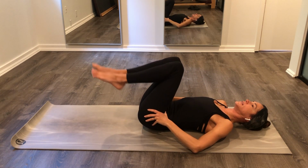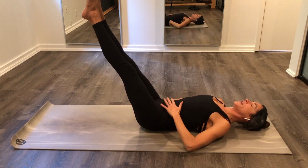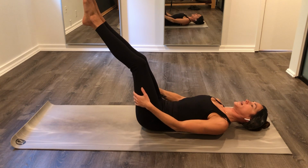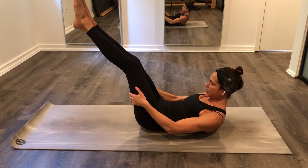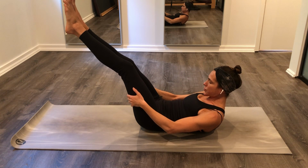So we're gonna start by extending our legs out to a 45-degree angle. If you can't keep your back down in this position, you're gonna soften a little through the knees and then you're gonna grip the backs of your thighs for support. From here, you're gonna draw your chin to your chest, look at your belly, pull it in. So it's just like those roll-ups, but now our legs are floating. So you're just gonna see if you can start to roll up